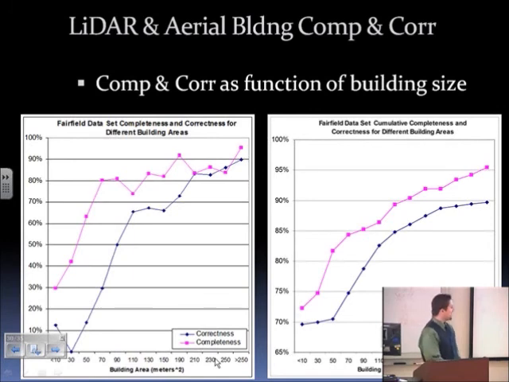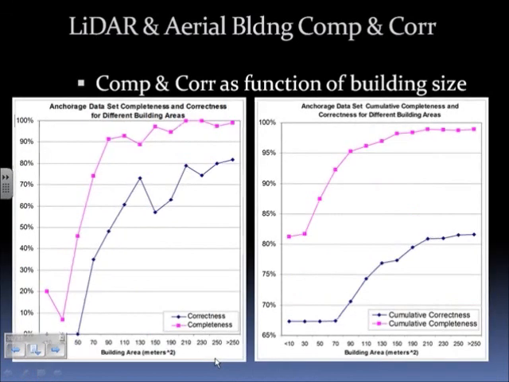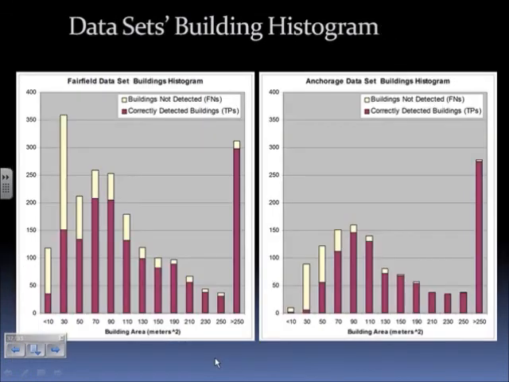And then here is the cumulative completeness and correctness. For all buildings having a size of greater than 30 square meters, the correctness is 70% and the completeness is 75%. So it's cumulative completeness and correctness. This is for the Fairfield data set, and here are similar plots for the Anchorage data set. Here we have building histograms. The total size of the bar represents